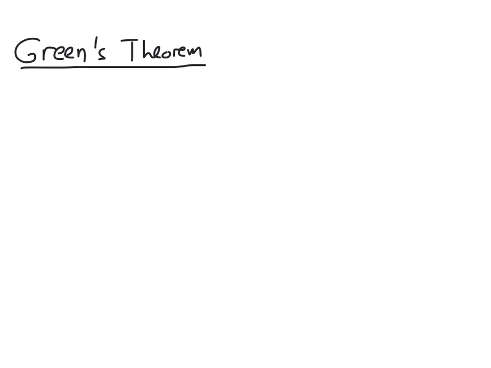In this video, we're going to discuss Green's theorem, which is one of the culminating theorems of multivariable calculus. To be able to state Green's theorem, we need to set up a particular situation. So that's where we're going to begin. We're going to start by letting C be a simple closed curve